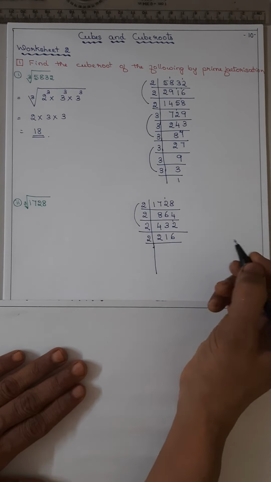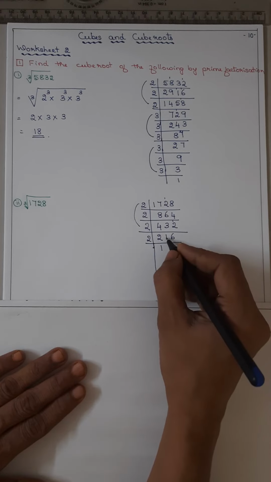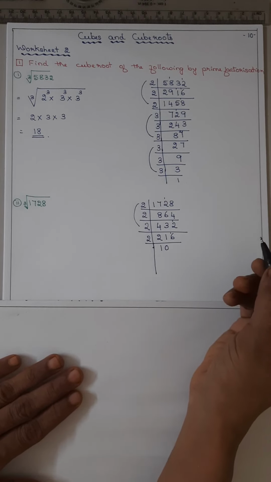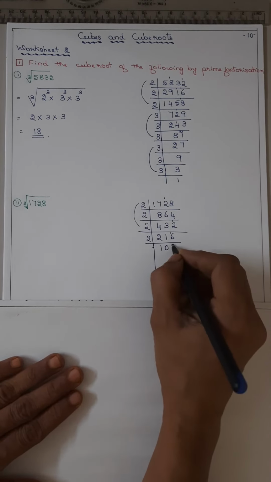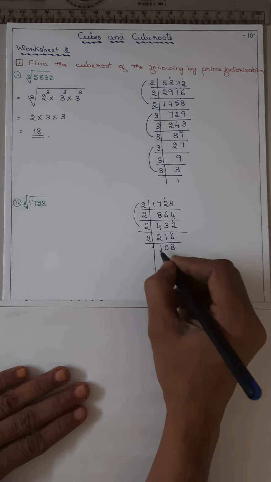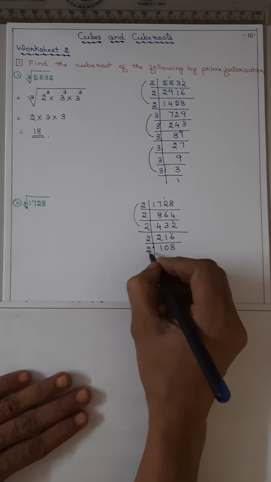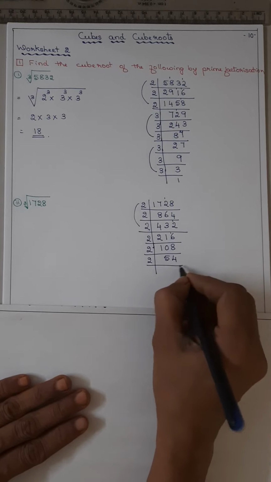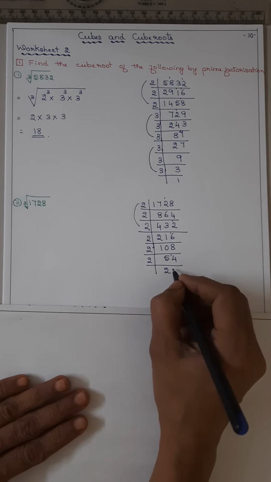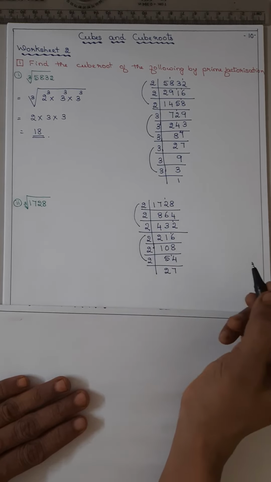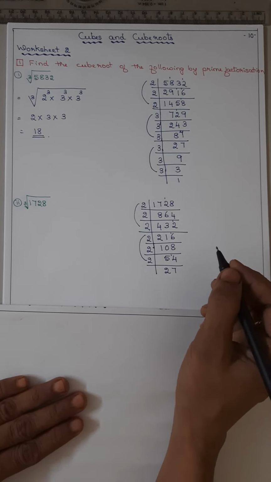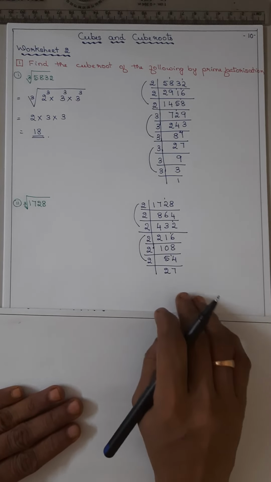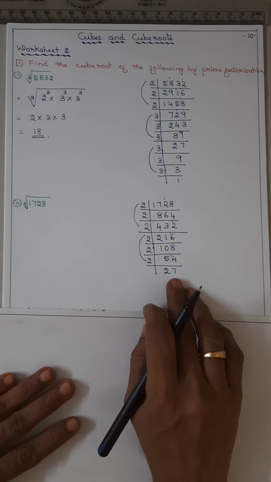Again 2 1s are 2, 2 how much are 1? Small number, that is why 0. Take 1 to the next, then it is 16. 2 8s are 16. You have to be careful in this step. Now 2 5s are 10, 2 4s are 8. Now 2 2s are 4, 1 remains, 2 7s are 14. See, if it is a big number, it goes on continuing. So if you don't have the place, you can try like this.